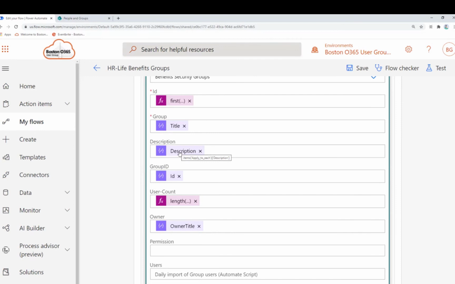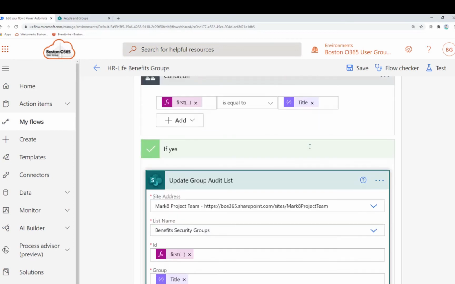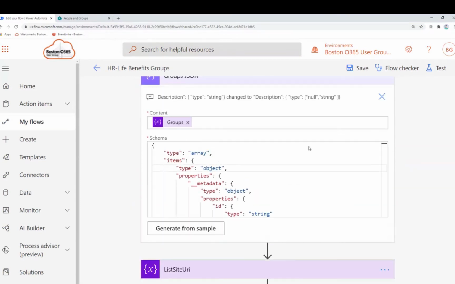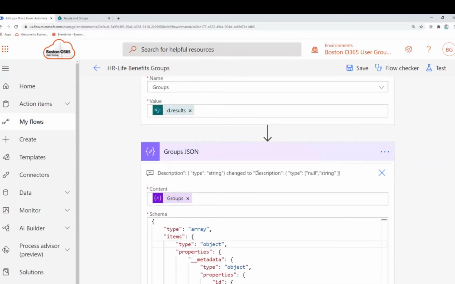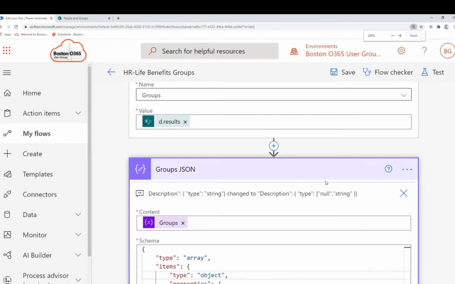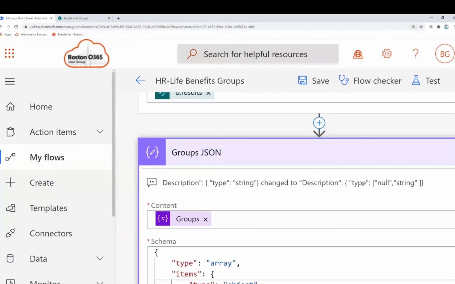So what I had to do was get all the site groups that had positive descriptions first. Then, only then, could I see description here. Once I saw description, I could put it in, and then I could put things back the way I wanted them to be. So then up here, let me make this bigger, I changed description to be null and also string, because I have null and string come back.